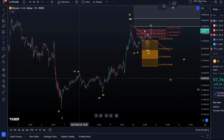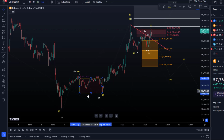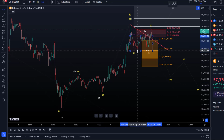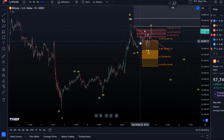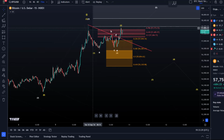So had the price just pushed higher from where we were this morning, then it wouldn't really have meant that I would have called this a 5th wave up. But if we just take a box here and compare the duration, it's not exactly the same, but we're pretty much there, right? Earlier today when I made the first video, we were here, so not even half the length, or duration. So that's all okay. I can justify a 4th wave,